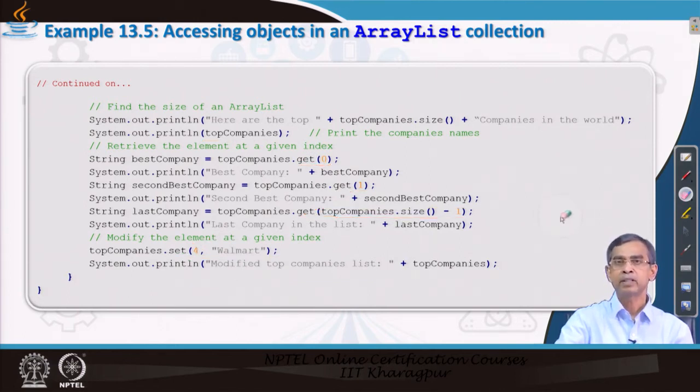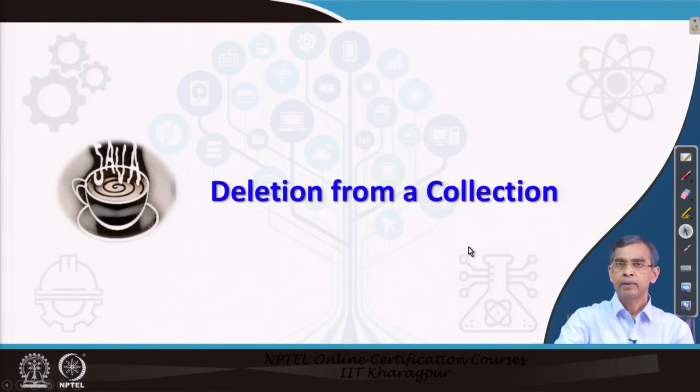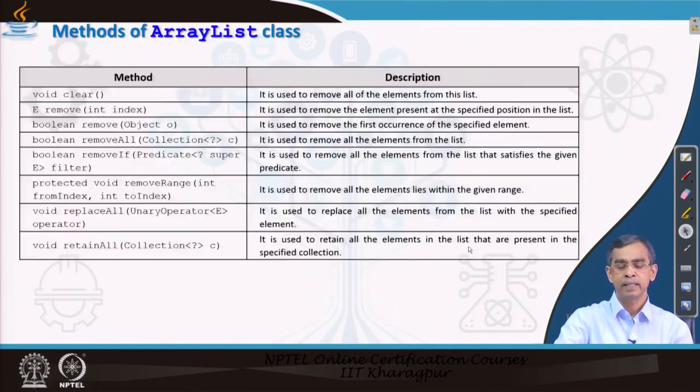The existing methods, those defined in the ArrayList class, can be used in your program to perform certain desired operations. Now, like creating and inserting elements, there is a deletion operation. In order to do the deletion operation, there are many methods. Here the clear method basically cleans the entire collection, remove with a position removes a particular element, and once it is removed you will not be able to recover it. And remove(Object O), if you pass an object as an argument, will remove it if the object is present in the collection, otherwise it will return false.